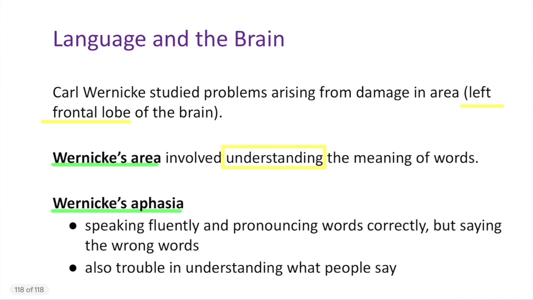So Wernicke's area deals with comprehension, not with speech. So with Wernicke's aphasia, you can speak clearly, but it doesn't make sense. You use the wrong words. You can enunciate, and they can tell exactly what you said. It's difficult to comprehend. And you also have difficulty understanding what people are saying to you,